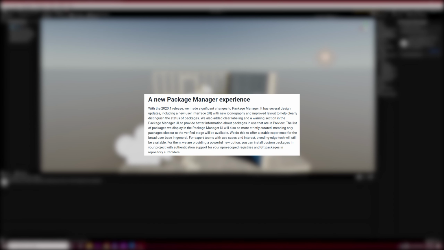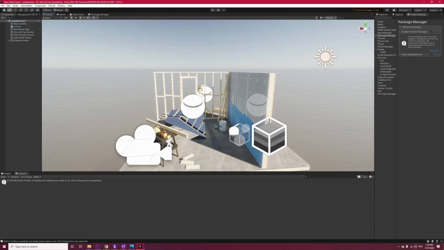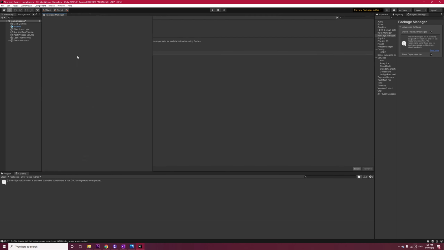Package Manager has received a new UI and design change. They have categorized the packages. As a result, they are more accessible and easier to find. Also, from now on, only the packages that are more stable and closer to the verified stage will appear in the Package Manager. Let's take a look into the new Package Manager in Unity, and I have docked it in